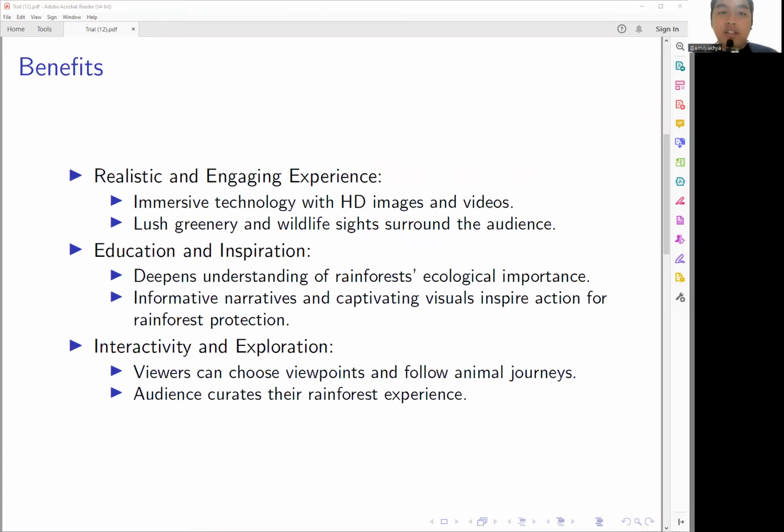Okay, first things first, technology, especially for recreating the natural experience, offers a realistic one, and it can also be an engaging one. By employing high definition images and videos, the audience is virtually transported into the heart of the rainforest itself. The vibrant colors, the intricate details, and the lifelike movement of the flora and fauna can be created to give a sense of immersion that makes the audience feel like, oh yeah, they are right there